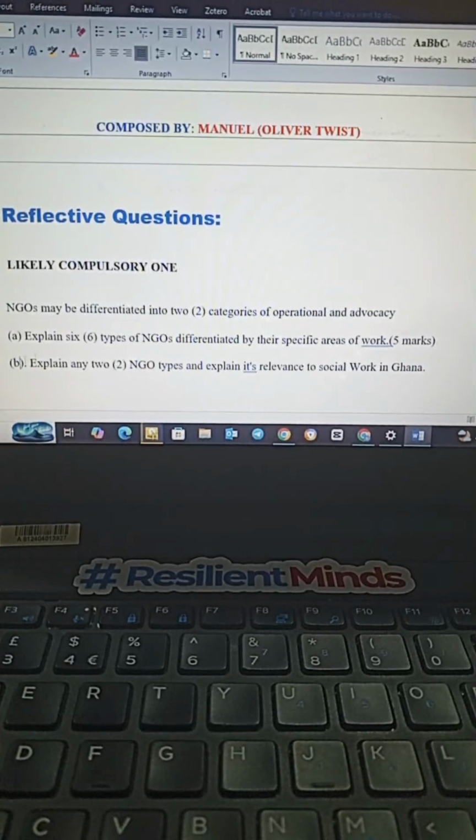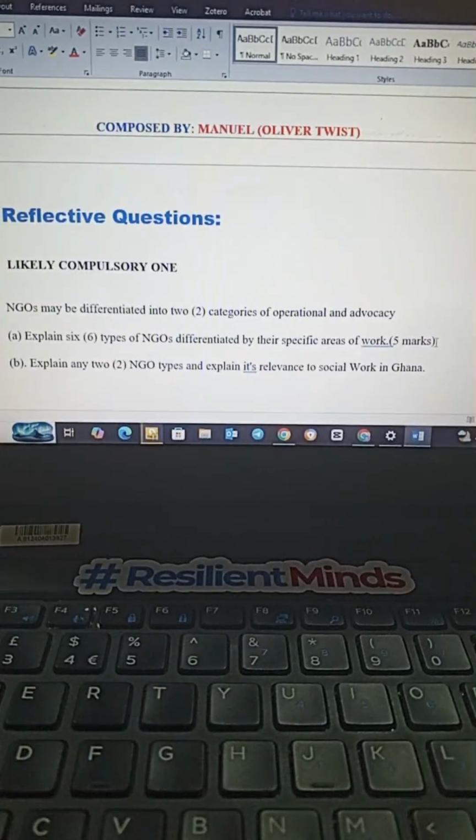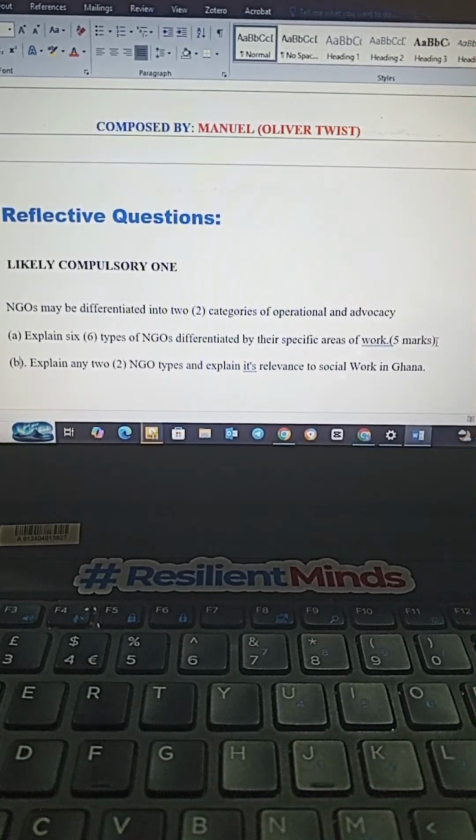Do you get it? I just attach 5 marks to it because I know that with the compulsory questions, each question will be 20 marks. So the first question is always 5 marks, and the second question is always 15 marks. It simply means that with the second question, you need to really do more work there. Okay, so that is the questions.